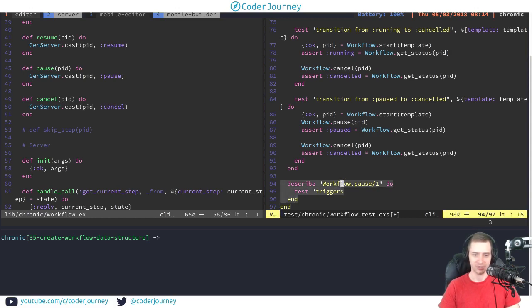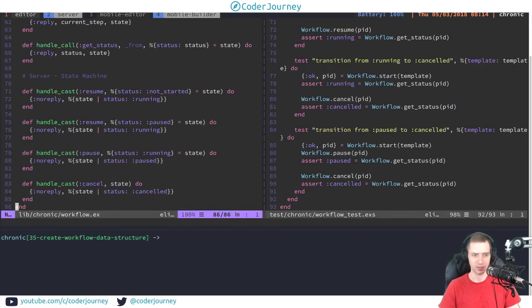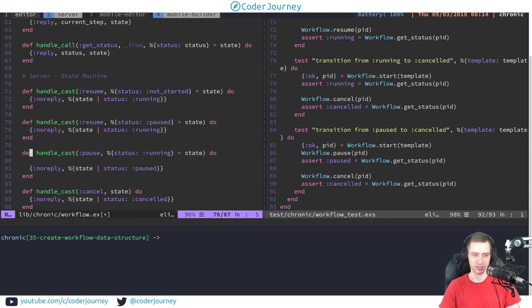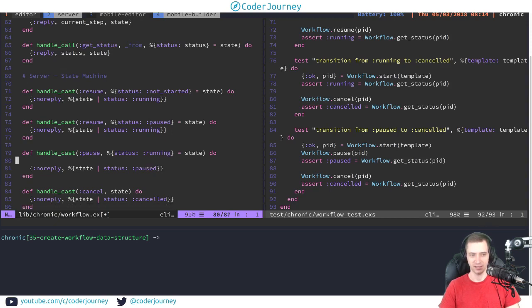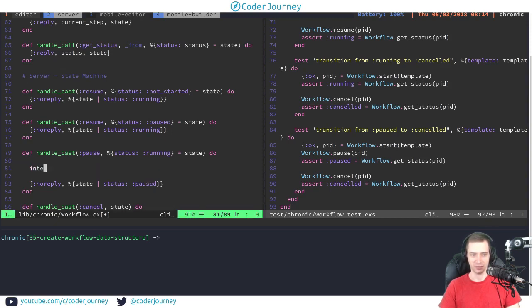I'm honestly not even sure what we need to test here. We're almost to the point of integration. So what I had previously thought is, okay, I'll just implement the state machine side of things, and then from there we'll be able to make some modifications to actually get the things to trigger, which is basically what's going to happen right here. So inside of pause, this is going to find integrations